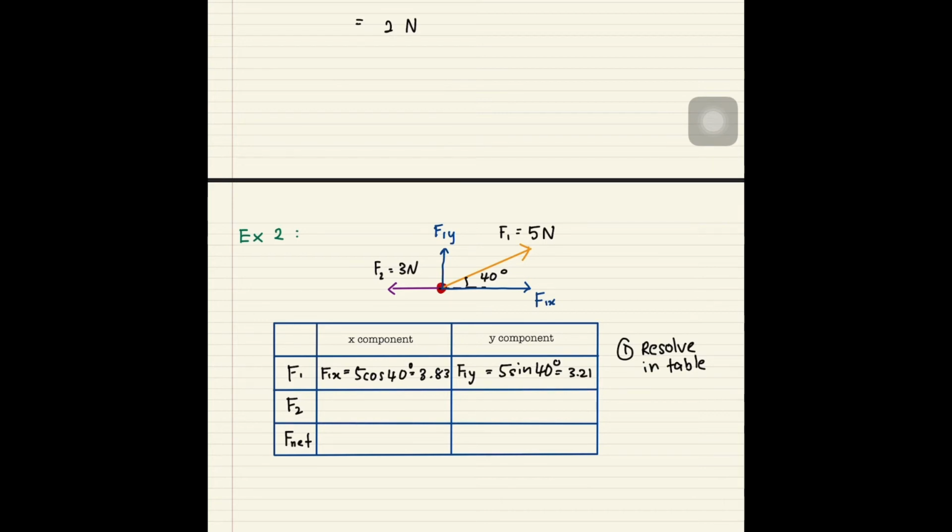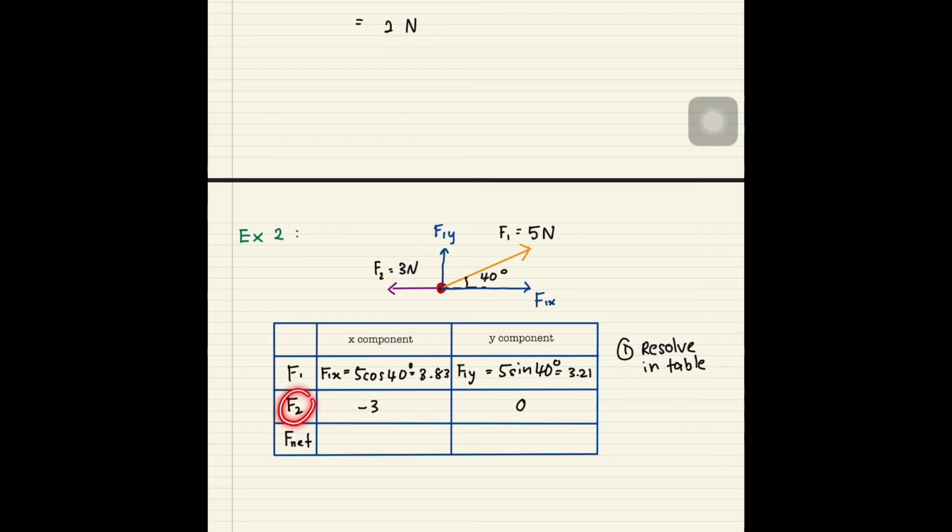So this one is okay. Okay, and then you're moving on to the next one. F2 you only have in one component, x component, so that one would be 3. Since this one is pointing to the left, you should put negative sign over there, and this one is a 0 because there's no